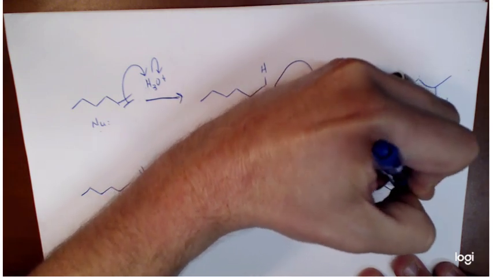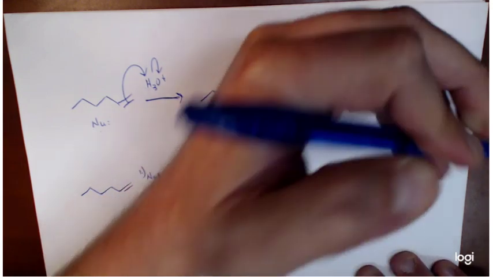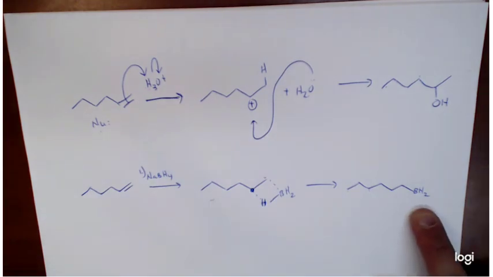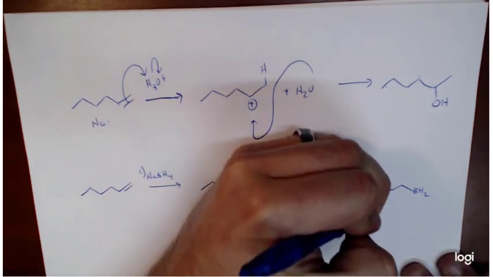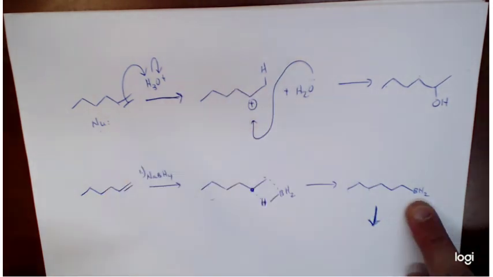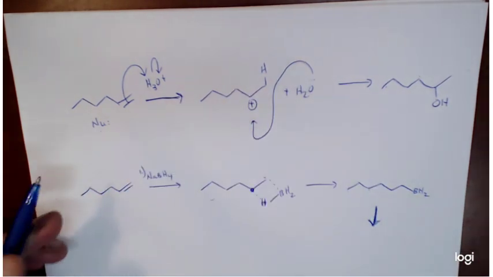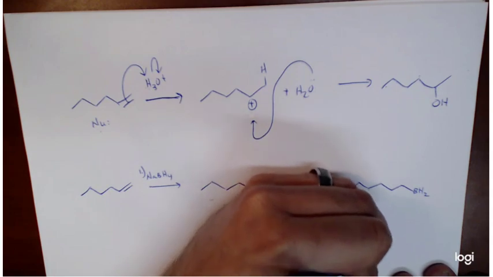All right, and so through some other breaking of bonds and forming of bonds, we would eventually see 1, 2, 3, 4, 5, 6. We would see that we created this boron structure where now our 6-carbon chain is attached to the boron, like so. And this would actually continue to react. The boron itself will continue to react with more of these alkenes